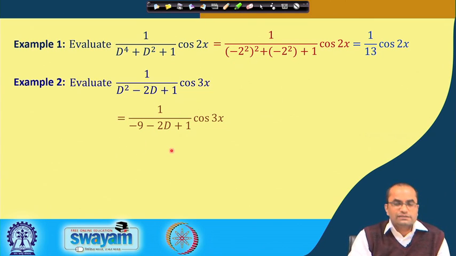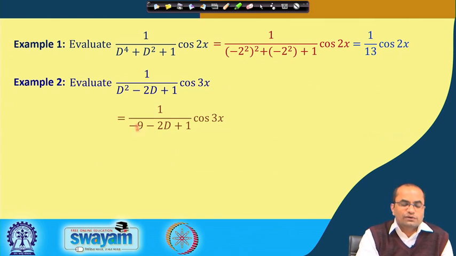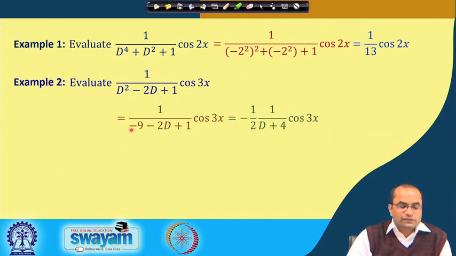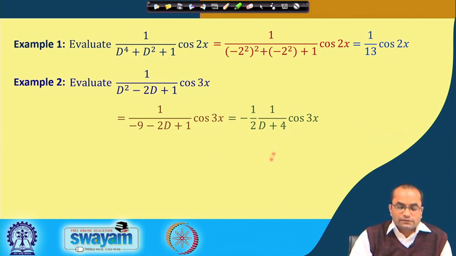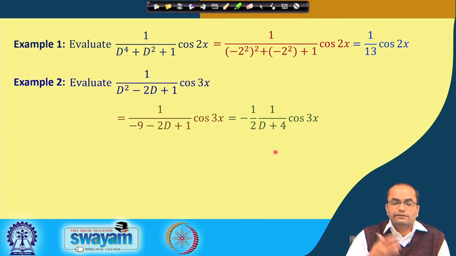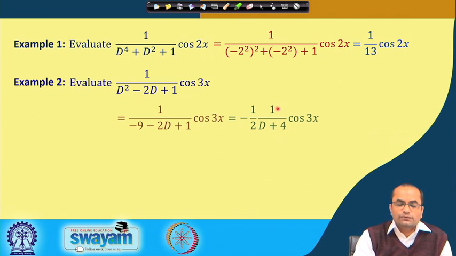And now, at least the d square terms are simplified, and we will get the terms in d only. So, we have minus 8 and minus 2d, which can be written as minus half, and then 1 over d plus 4 form on this cos 3x. Now we can either use the formula which was derived for the general case in the form of an integral, or there is another trick which can be used here. If we multiply by d minus 4 and divide by d minus 4 to this operator,